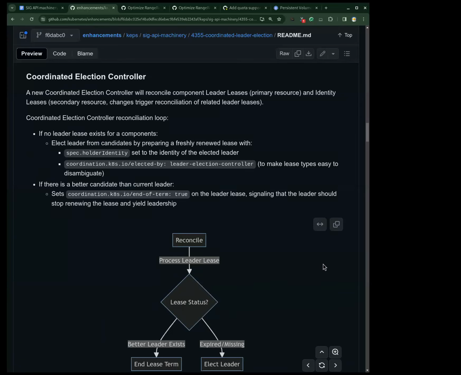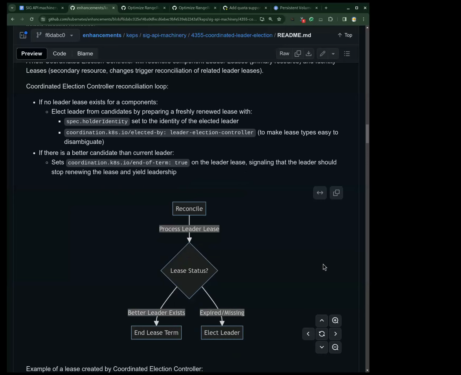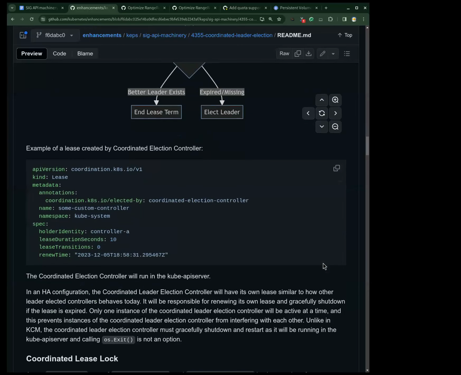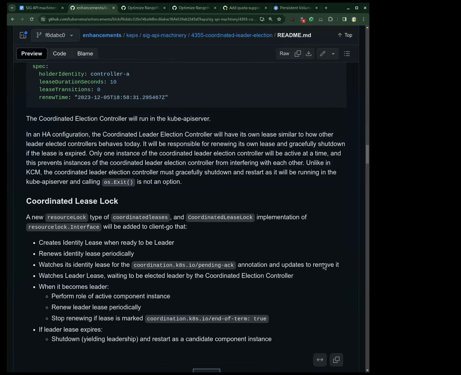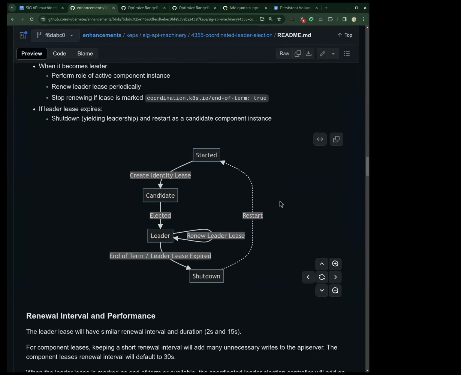The leader election controller is responsible for assigning and picking the best leader out of all the available candidates. One additional thing this introduces is preemption, in that the leader election controller can send a signal to a component such that the component can give up the lease through this end of term marker and allow for a more suitable candidate to be selected.